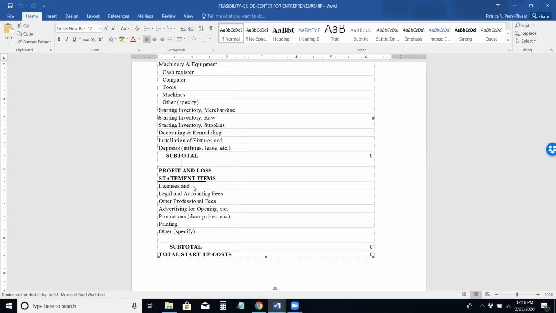Remember earlier on you had to do that management inventory, and you talked about things that you're going to do and things that you're going to outsource. Well, if you're going to need an attorney or an accountant, then you're going to need to estimate their retainer fees, or what their fees are going to be for the specific tasks you intend to allocate to them. There could be some other professional fees. Typically in some service-oriented businesses, you're required to have some licensures. I know that's the case for real estate. That's also the case for accounting,